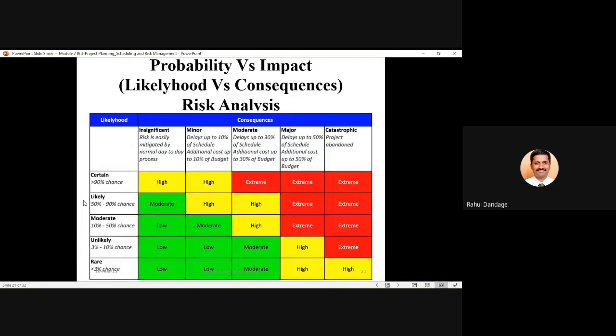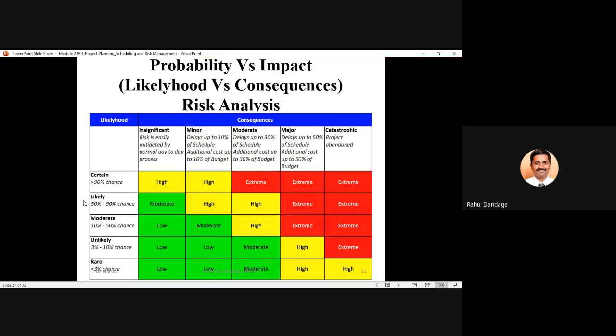This is another version of the probability versus impact matrix. It is also called the likelihood versus consequences risk matrix. So again, instead of simply numbers, the likelihood or probability of occurrence is given as certain, meaning more than 90% chance of having that risk, likely, moderate, unlikely, and rare.